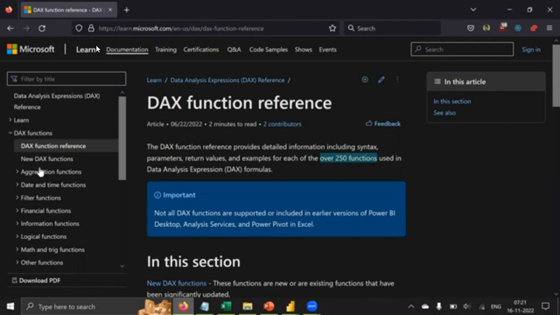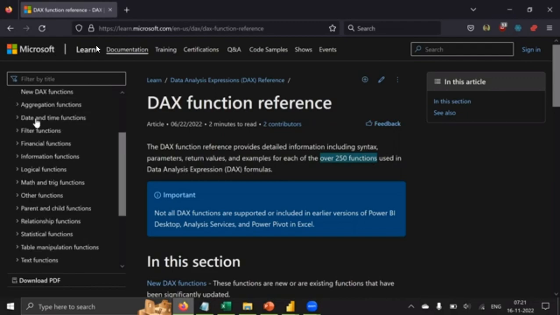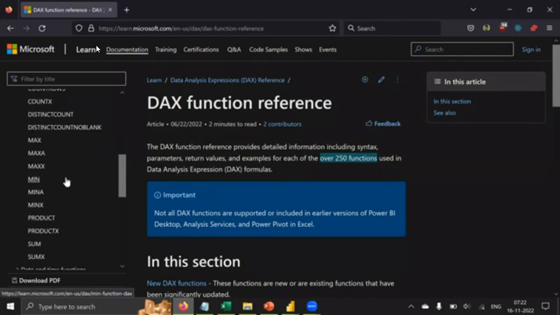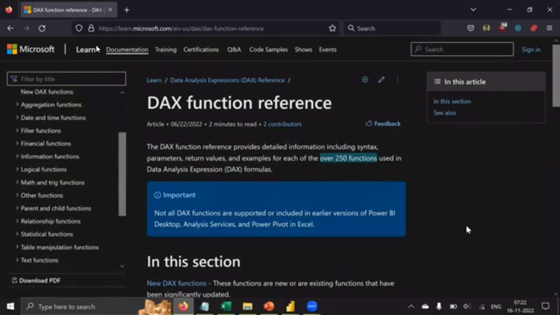By functions, I mean in the left tab, you can see the functions here, right? Aggregate functions, date and time functions, filter functions, mathematics and trigonometry functions, statistical functions. There are all these functions that you can use to calculate in DAX language. Now, obviously, we are not going to cover all of them, because in aggregation functions alone, you have all these functions, right? So one, we don't have time, and the other, you don't have to learn all functions, because